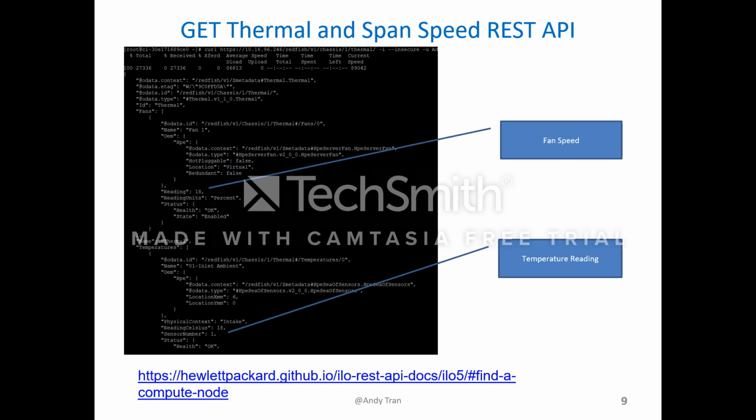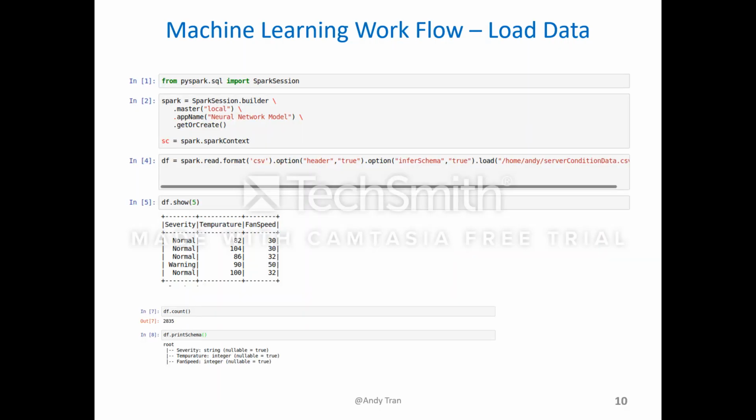That fan speed is reporting in percentage, and the temperature reading is in Celsius. You can convert that into Fahrenheit easily. And before I go into how I process the data,